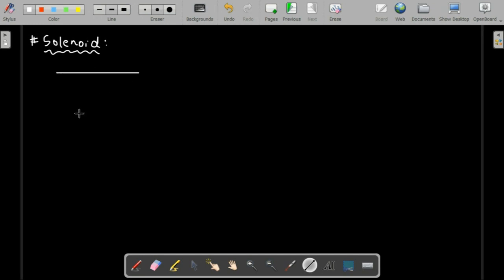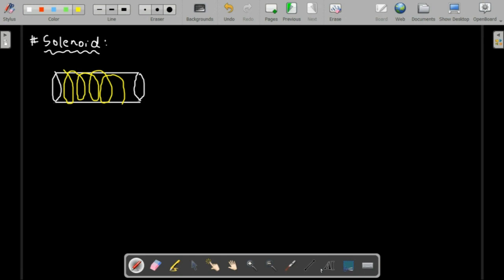You basically have an insulator at the center, and mostly this insulator may be a cardboard or something like that, so that the wires don't collapse, and the wires are actually in this rotation. So we have the coils in this cardboard coiled around,